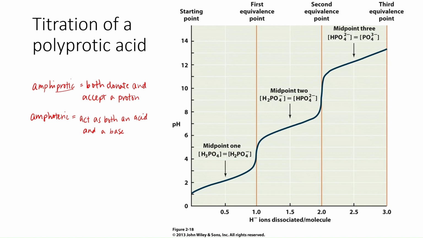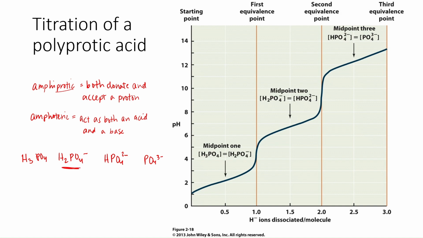So here we have this polyprotic acid. So we start with phosphoric acid, H3PO4. When it loses a proton, it becomes dihydrogen phosphate, H2PO4-. That can lose another proton and become hydrogen phosphate, HPO4 2-, which can finally lose another proton and become phosphate, PO4 3-. So this one type of acid and conjugate base can have these 4 different forms,